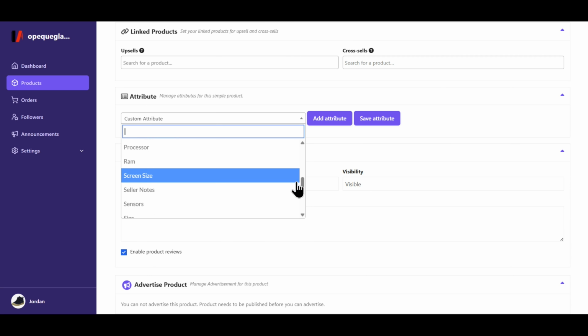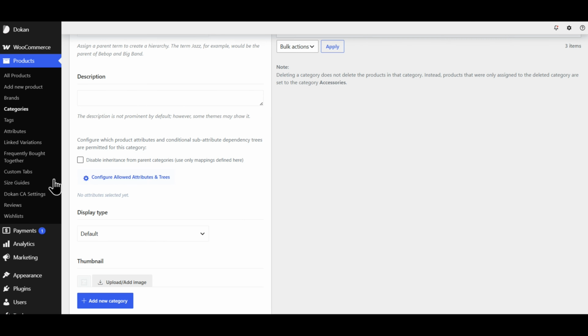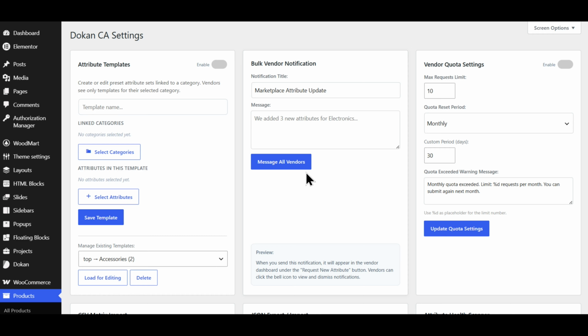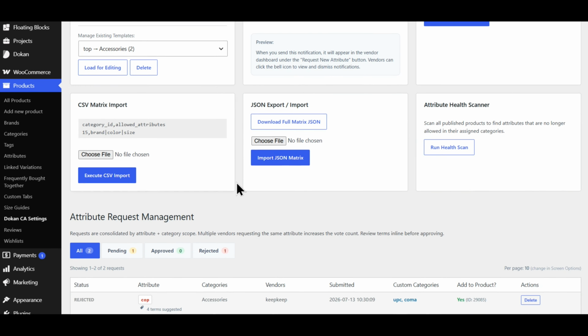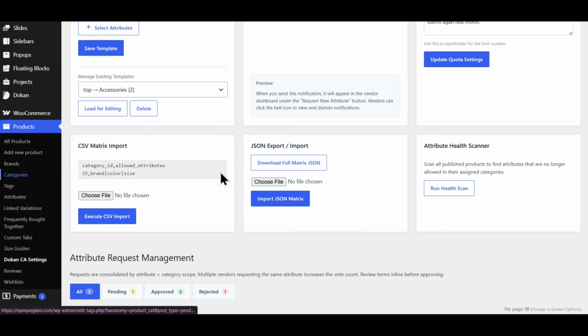That's exactly what the Dokan Conditional Category Attributes plugin solves. Its core superpower is attribute mapping. With this feature, you, the store admin, decide exactly which attributes are allowed for each product category. Think of it as giving each category its own key, and that key only opens the door to the attributes